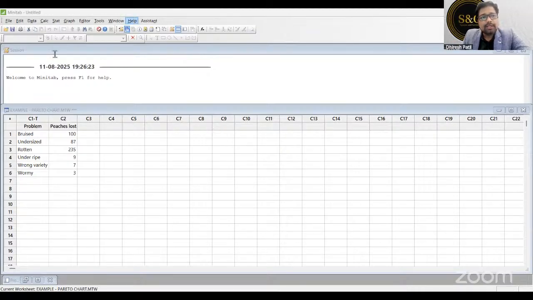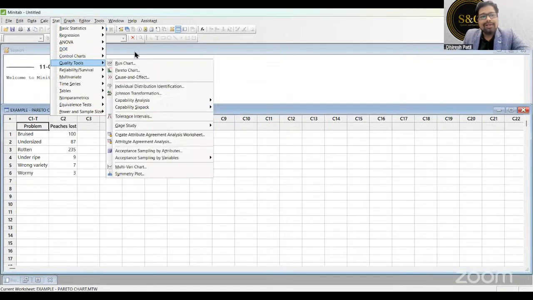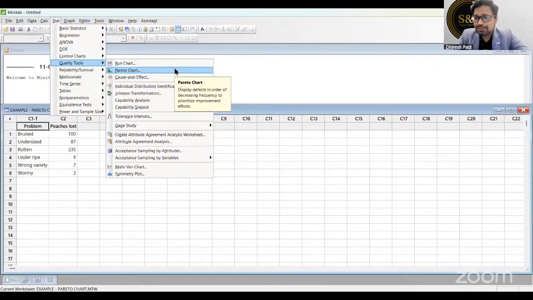So how do we go for it? Go to Stat, Quality Tools, Pareto Chart. Everybody just follow this process. And you can note this down, new members, because as we repeatedly do this again and again, you will become familiar with this. In the initial phase, it will seem a little difficult to remember all the sequence, but not to worry. As we practice it again and again, it will be very easy. Just remember you are on day one of driving. You are navigating Minitab on the first day. Stat, Quality Tools, Pareto Chart. Once you click on this,